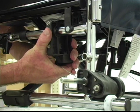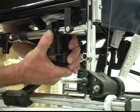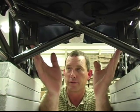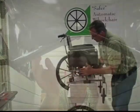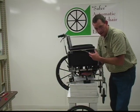I'm twisting this back so that the pin comes out. And once the pin bottoms out right there, that's pretty much where we need to be. Notice how the paddle assemblies are both tilted slightly in. There's the perfect spot for them. Anywhere from level to turned slightly in, they'll work fine. This has to be right in order for the kit to work properly and not to have adjustments or anything